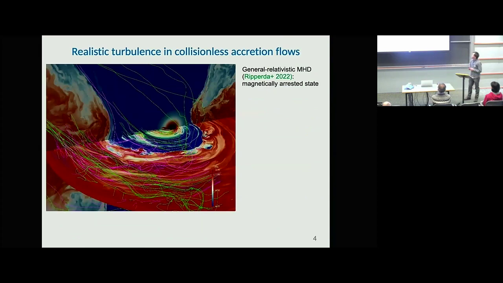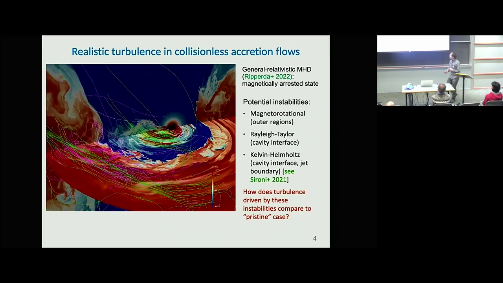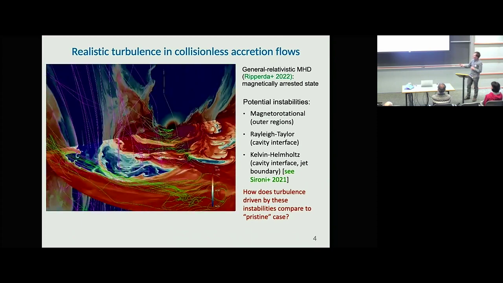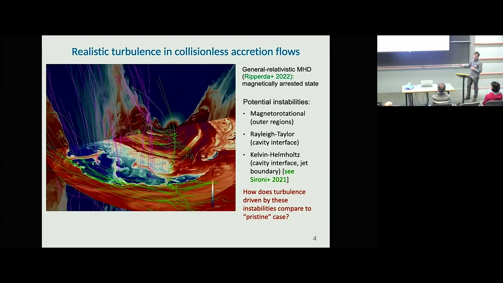And this is in more detail what the turbulence looks like in these systems. This is showing the same simulation that I showed on the previous slide. The density is shown here, so red is high density, blue is low density. This is during a magnetically arrested state where magnetic flux builds up near the horizon of the black hole, and it regulates the accretion. So let's play through this, and we can see it is indeed very highly turbulent, but it's a very messy type of turbulence. There are many instabilities present here. It's very inhomogeneous. There are large-scale